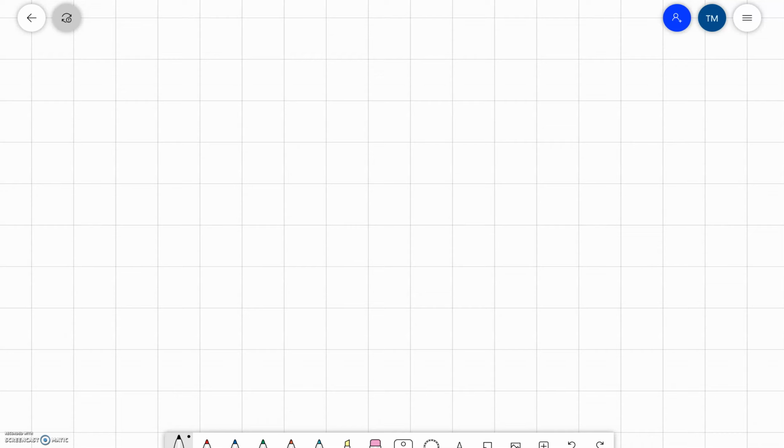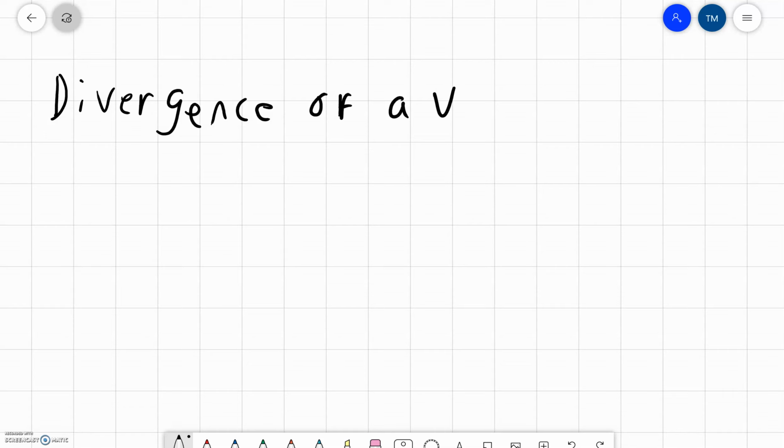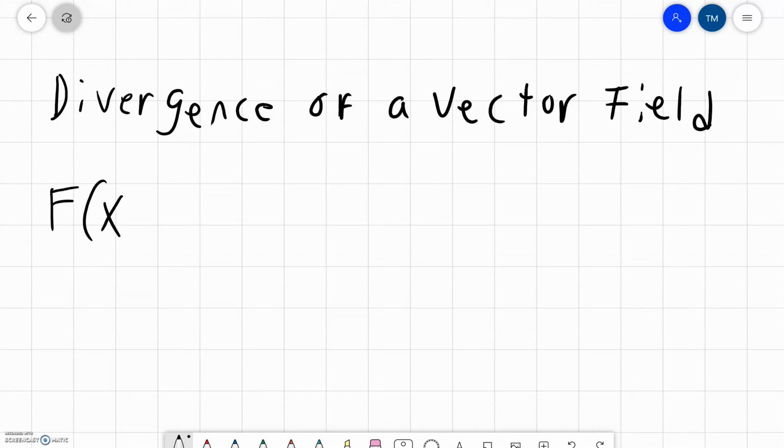All right, so today we're going to be talking about the divergence of a vector field. First, to get us going, let's just look at the components. So for divergence of a vector field, first we start off with a vector f, or here I'm going to just list up the components,